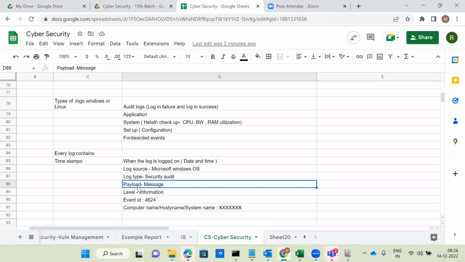Indicator of compromise means whatever indicators are there for the victim IP or victim machine related details. That is called indicator of compromise. And whoever is trying to do the attack, the indicators of the particular machine he is using are called indicator of attacker.